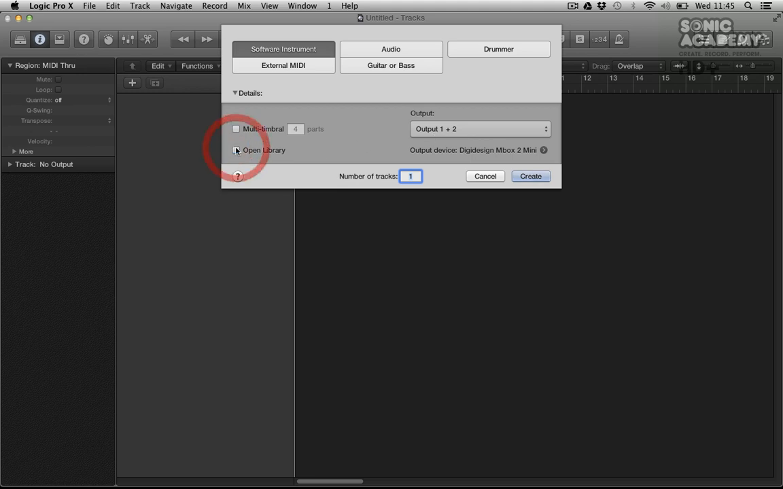And we have this open library ticked, and that will open up the library of sounds and patches that come with Logic. And we only want one track. You can have 10, you can open up 10 software instruments immediately if you want. So we'll only open up one and hit create,